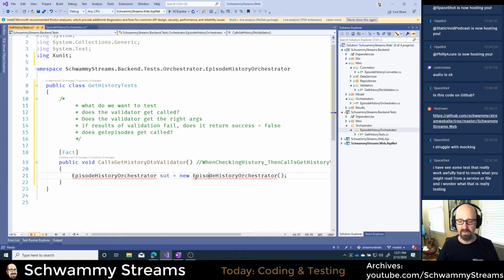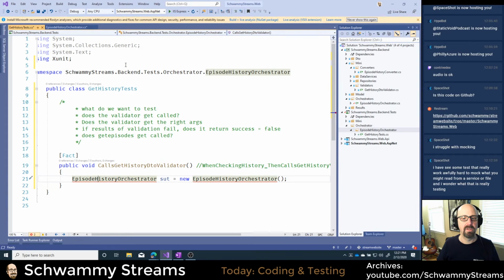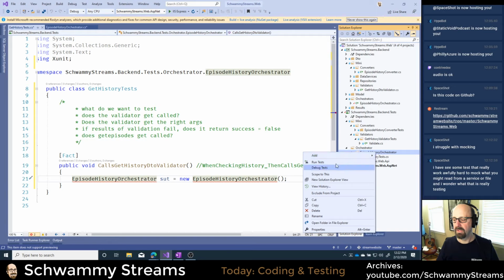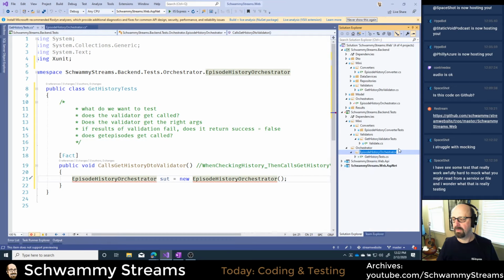Let's add this to, come on. Why won't it? Because of the folder. I should have called this folder tests. Let's rename this folder tests.